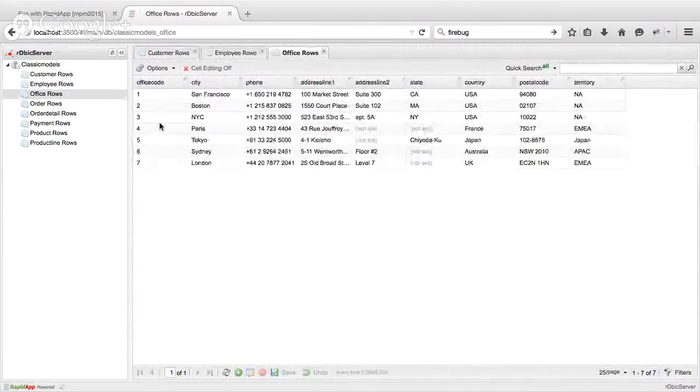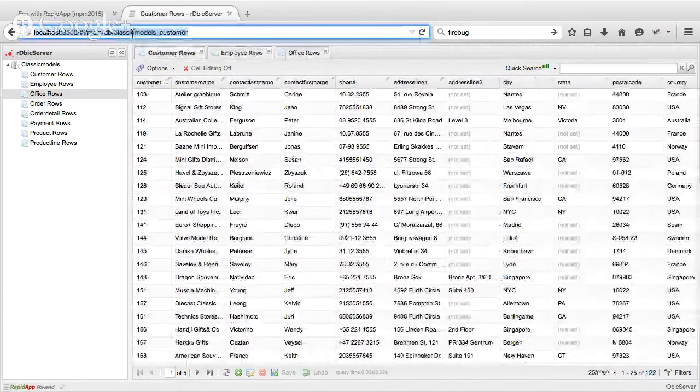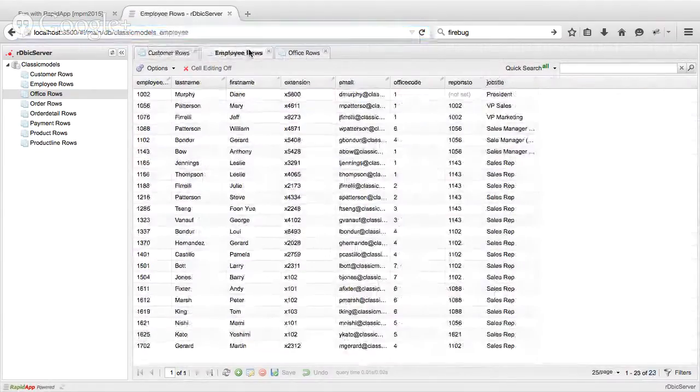One other thing I'd like to point out here, now that we're actually in a full-blown application that's full screen, is the navigation schemes. There's a fully fleshed out navigation capabilities that you can take advantage of when you run things in a full screen like this. And if you look at the address bar, as I click around, you'll see it change. And it's a single page app, so it's actually changing the hash target, but it is still a fully RESTful,